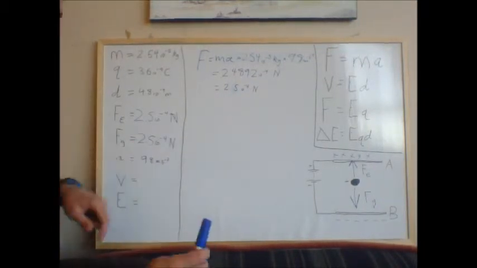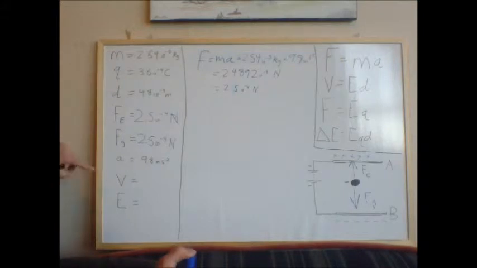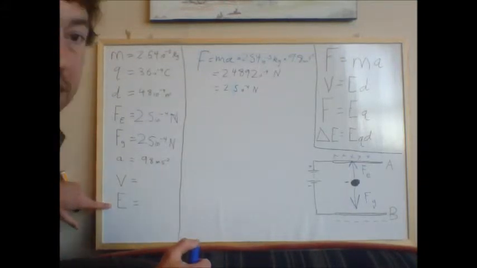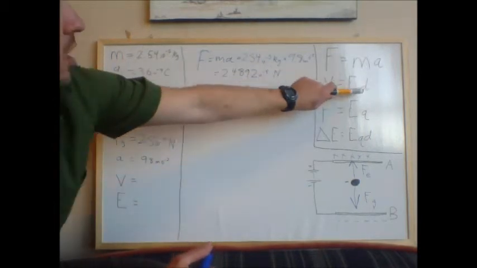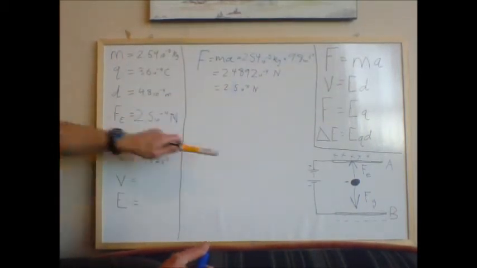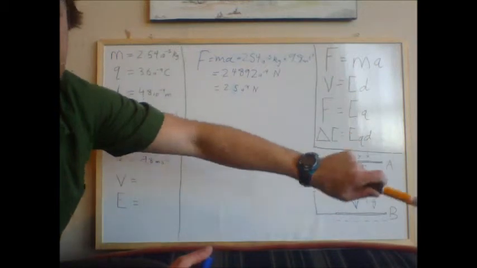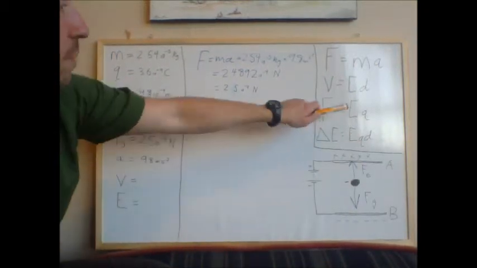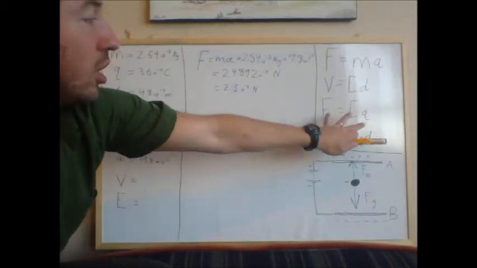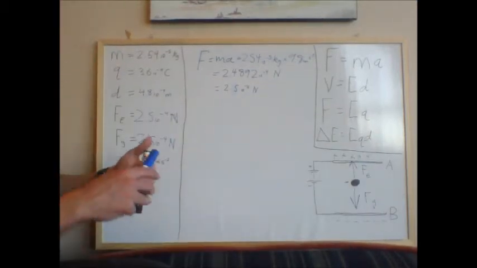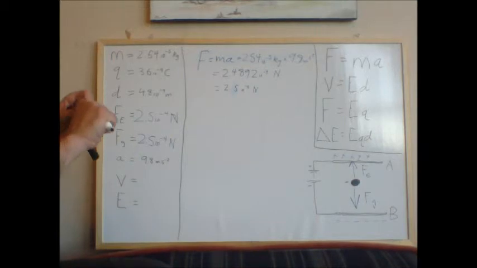So now what do we have left? We've got voltage and strength of electric field remaining. Can I solve for voltage yet? We've got the distance. Still don't have the strength of the electric field. But I know force, and I know the charge. So we're going to have to rearrange this equation and get